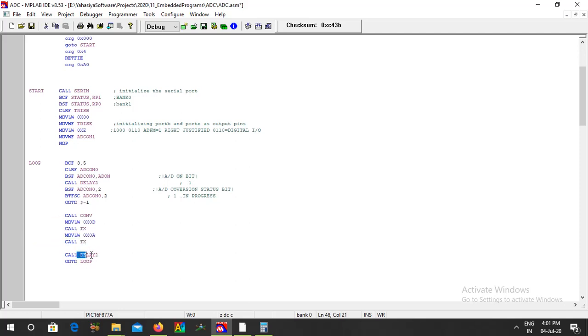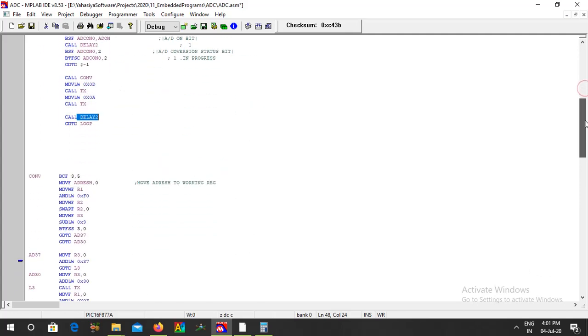Then we wait for a small delay, then we go back and redo the steps. We simply convert the analog channel into equal digital value and transmit it from the controller to the PC. This action is repeated.